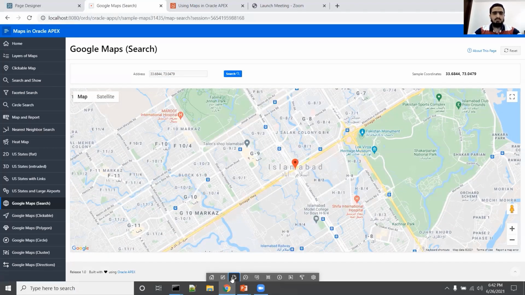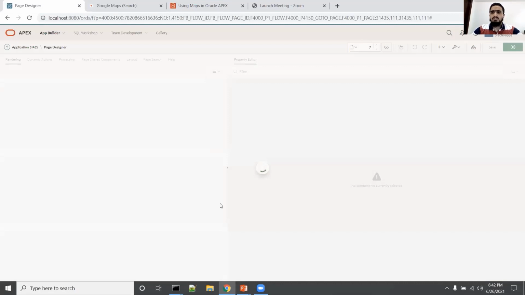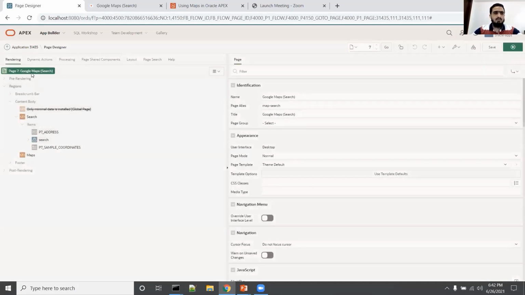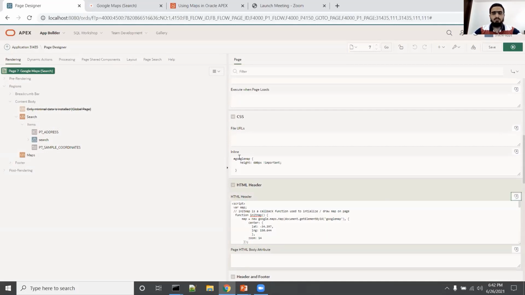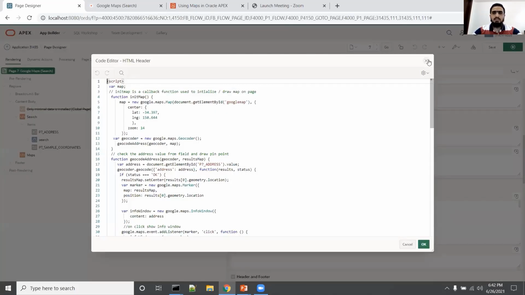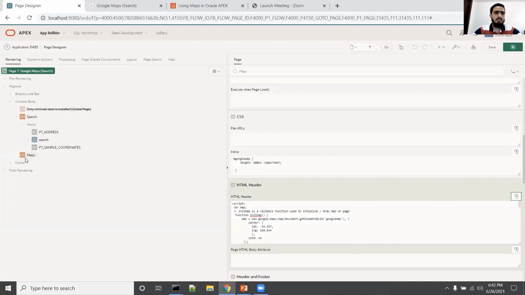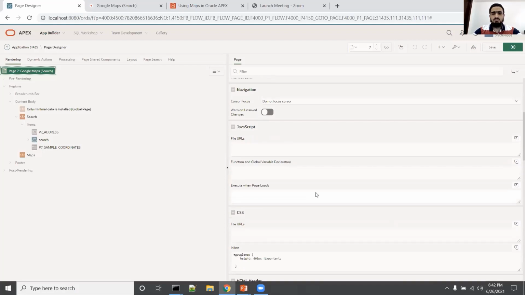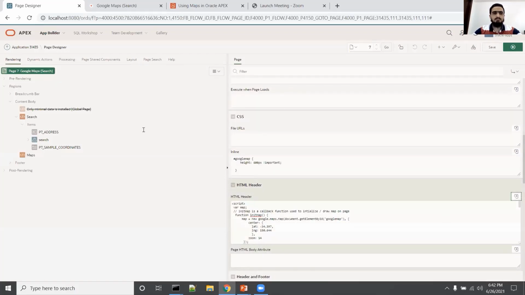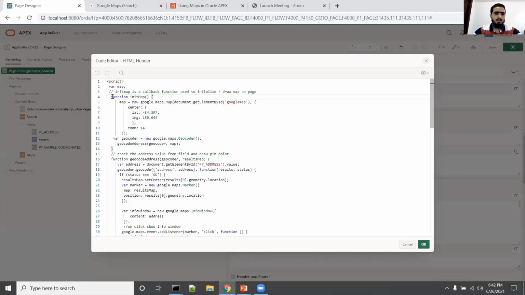Now, how to do this? To do this, as I told you earlier, first of all, we need to create the region, a static region, and give it a static ID. And after that, create a function to initialize the map in that region. Here, this function will do this job for us. And the next thing is,